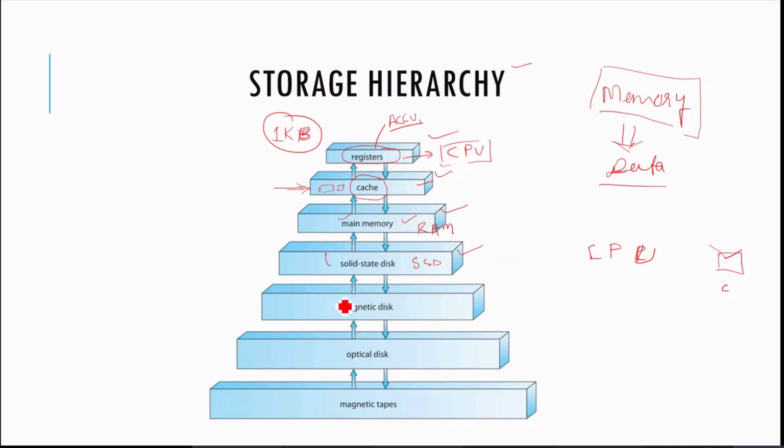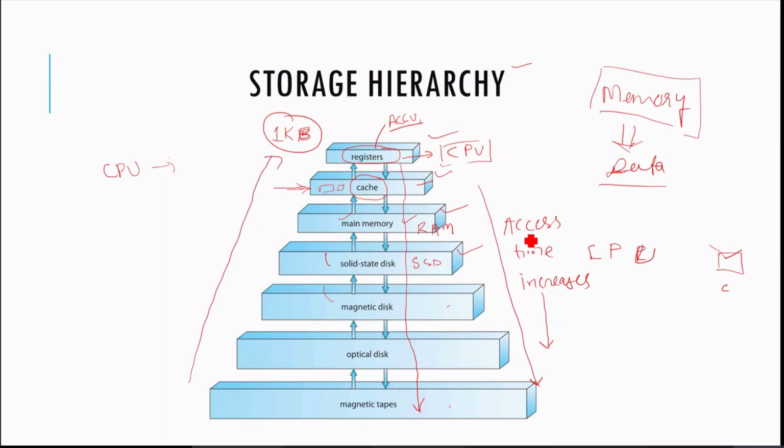And if any content is down here, if you go from top to down in this flow, the access time of data from the CPU to these memory locations increases. Here the time is increasing. If you go down, the access time is increasing. I think you may be understanding this. If you go this side, it is increasing, but if you go the other side, it is vice versa.